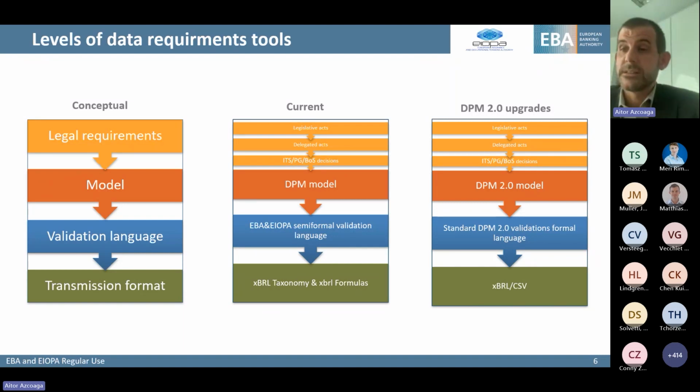Last but not least, both authorities are also moving on the exchange format. So we will move on XBRL and CSV. That is not for today's discussion, but in terms of the transmission format, we will stay as we were from the beginning with the XBRL standard, which is our only transmission format. The only change that we will make is that we will start to accept CSV reporting on the basis of XBRL. So there is a simple way to prepare the reporting files, but still in the XBRL taxonomy.